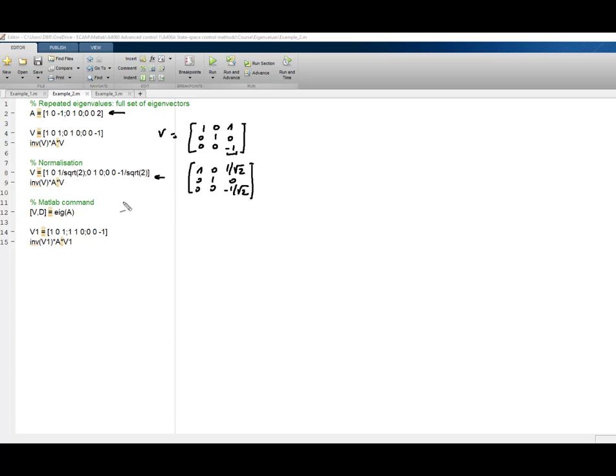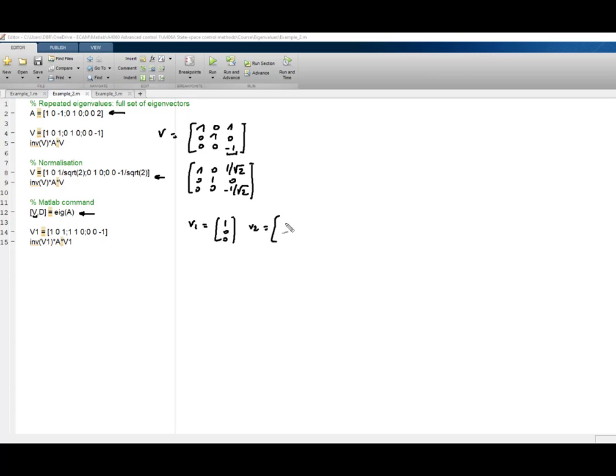And this will also work. V^-1 AV will give the same diagonal matrix. This is what you obtain using the MATLAB command, and here you'll again obtain eigenvectors that have been normalized to a unit length. Well, in the exercise we had used v1 is equal to [1 0 0] and v2